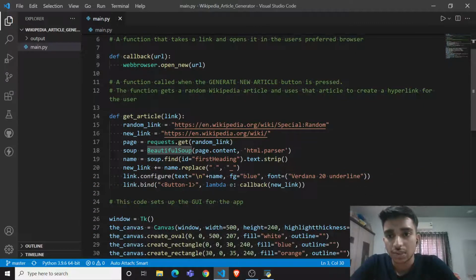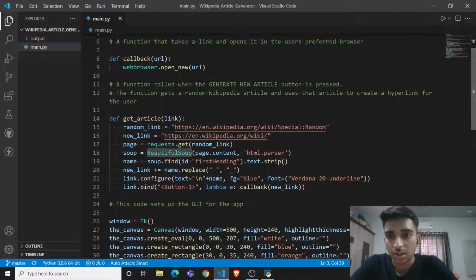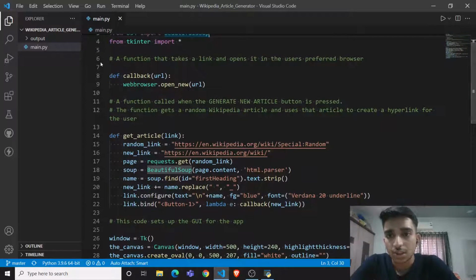It is simply webbrowser.open_new in parentheses, giving the URL. So it is a function that takes a link and opens it in the user's preferred browser.